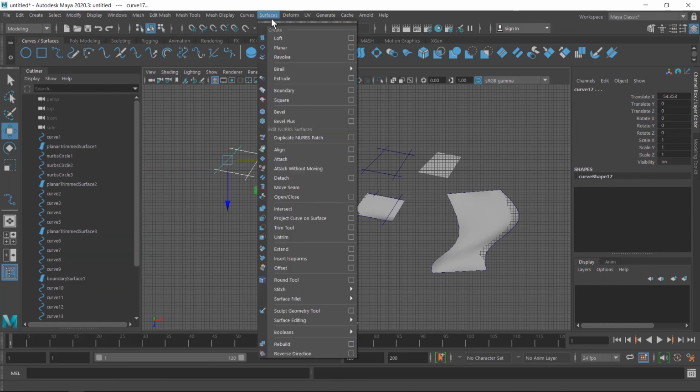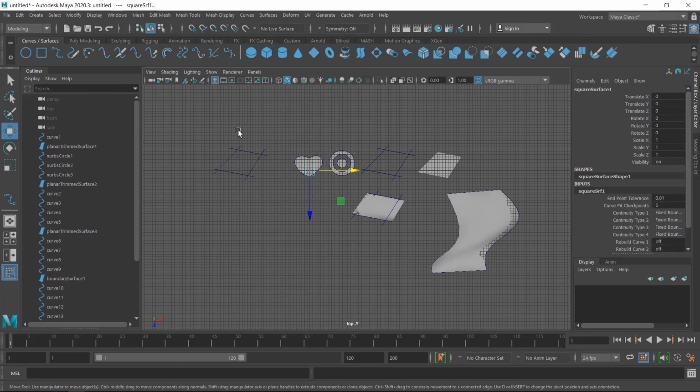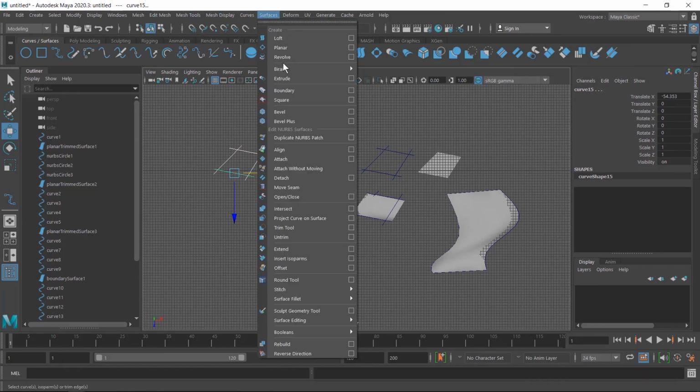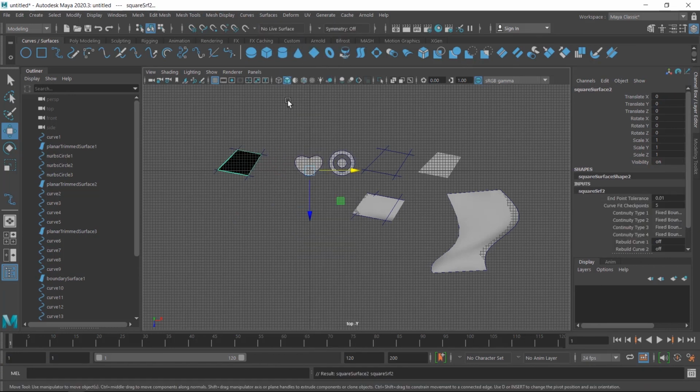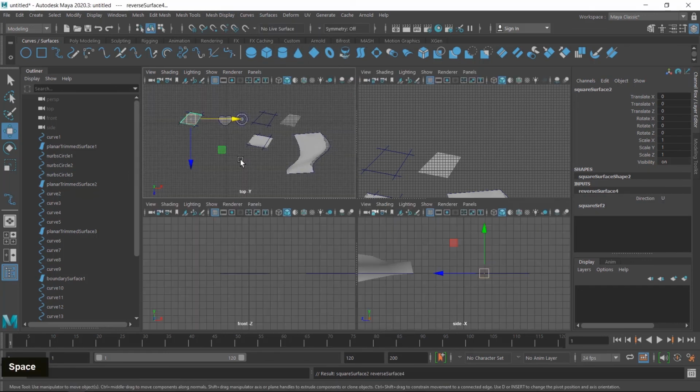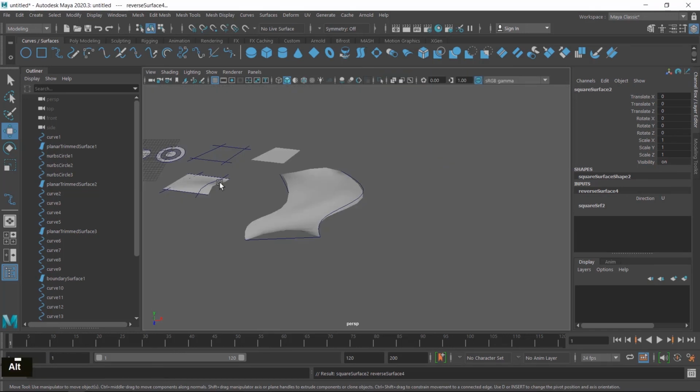And go to surface and click on the square. I think we have to select this one. Okay, surface is created. Center pivot and reverse direction. So surface is created here, you can see.